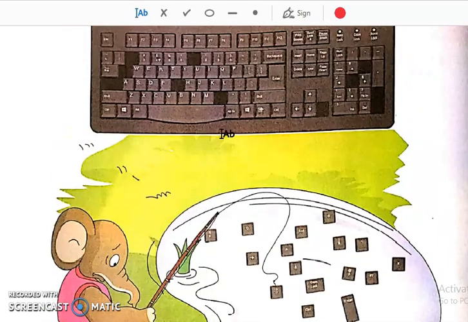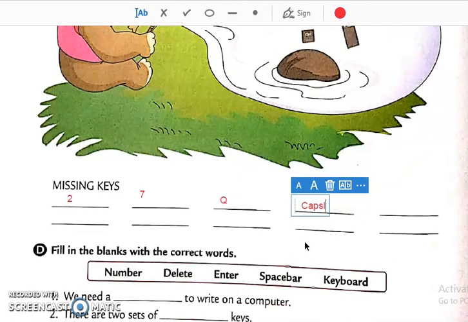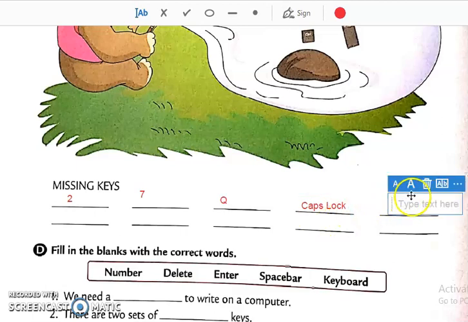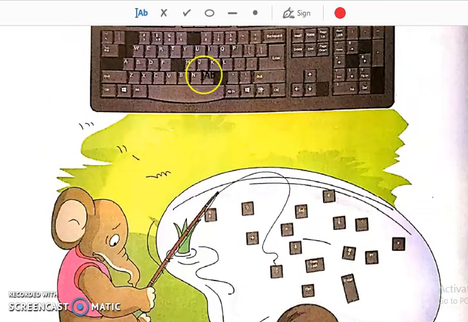See, the Q key is missing. Yes. Then caps lock key is also missing. Yes. Then over here G is missing, and here the comma key is missing.